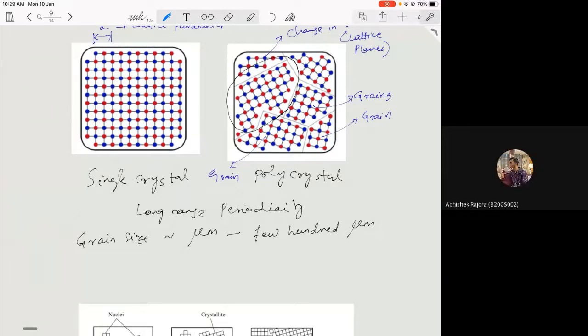Sir, can a polycrystal have multiple single crystals in exact same orientation? No, that is not possible. So if I have here two kinds of atoms which make the crystal, the blue and the red atoms, or maybe it can be one particular atom, but you cannot have